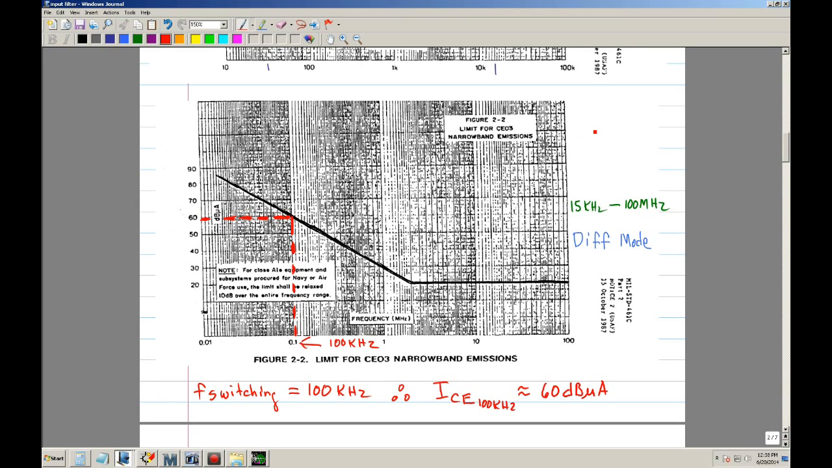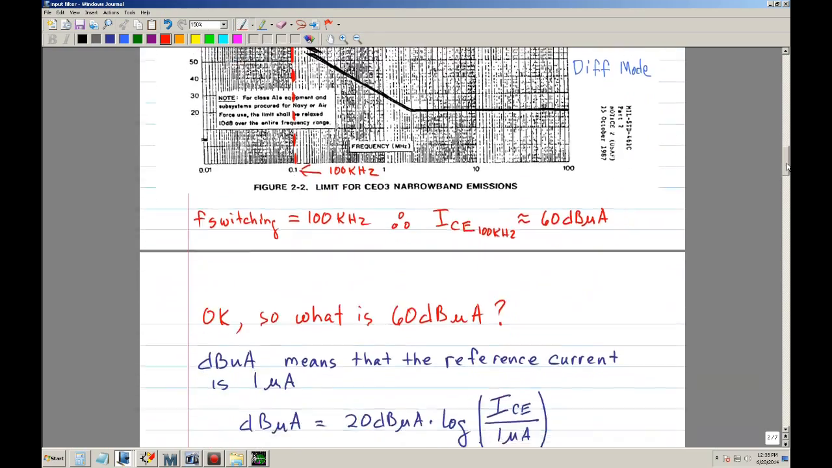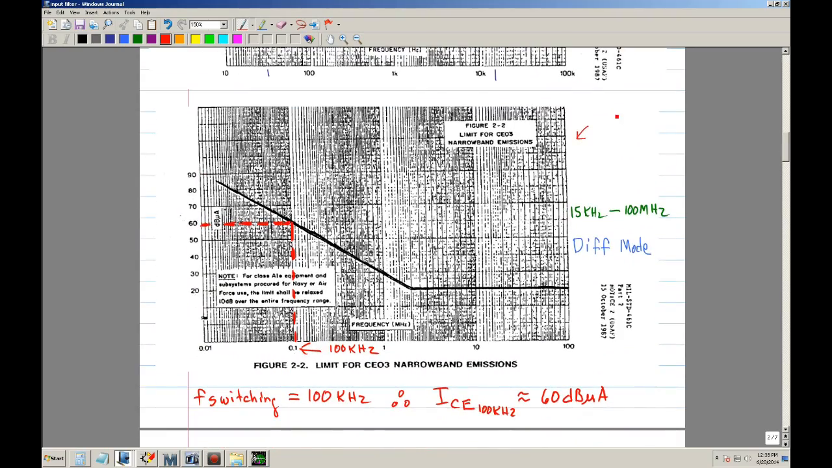Now this is the plot that I'm going to be using, because I'll be using the example from the previous 8 videos. I'm using the little flyback example, and on that one the switching frequency is 100 kilohertz. So basically I want to be sure that the harmonics of my switching power supply, which is 100 kilohertz,